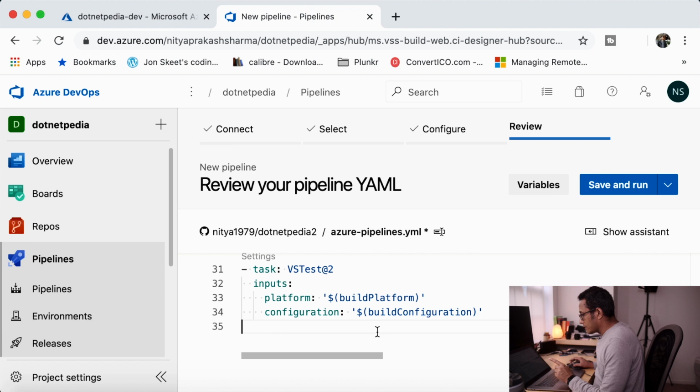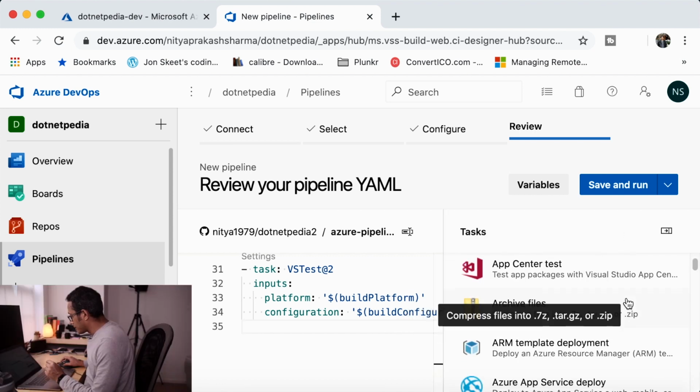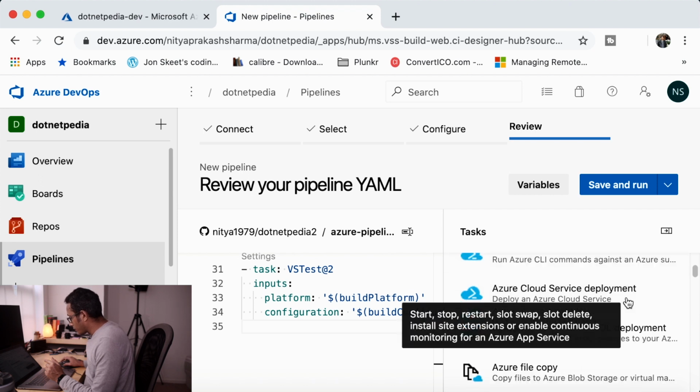But in this YAML, one thing we are missing is the repository, because it will build the project but it will not upload the artifacts, and to release this code we need artifacts. So there's already a tool which will help us to create artifacts required for the build.